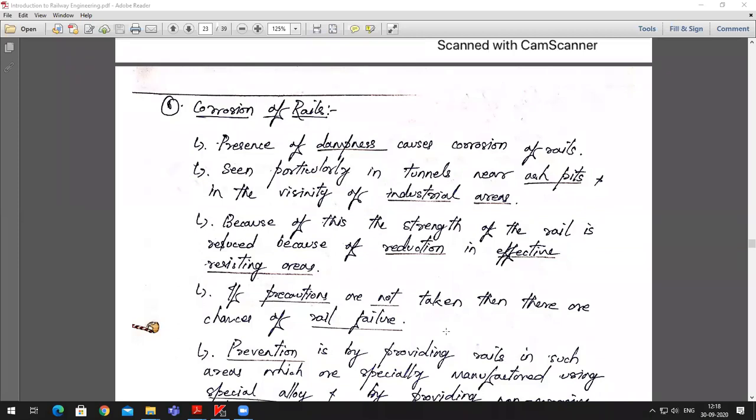So likewise, what we are interested in here is the rails. So rails being metallic in nature, which is manufactured by different minerals being put together, they are bound to react with the atmospheric compounds, or atmospheric factors. When these atmospheric factors interact with the minerals that are present in the rail, the process of corrosion starts taking place. Okay, now this corrosion is actually not bad. Let me tell you that corrosion is not bad.